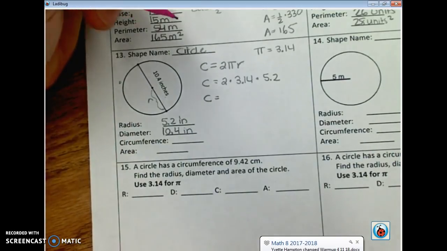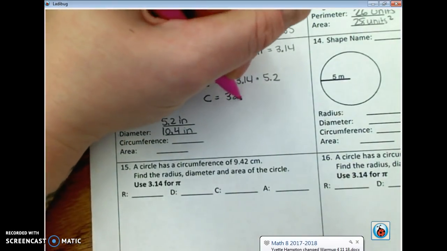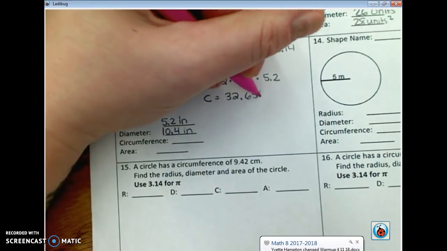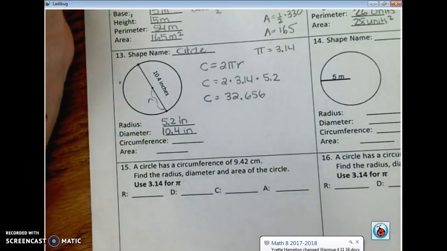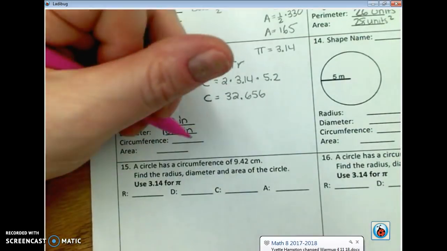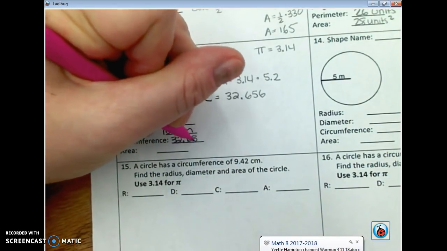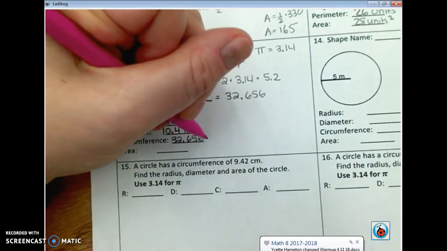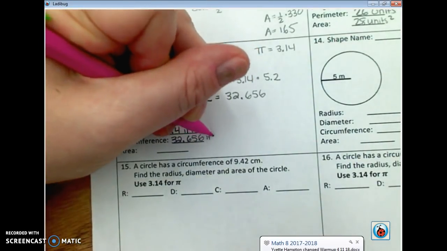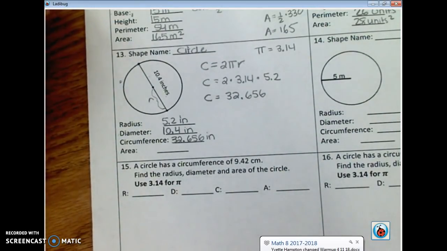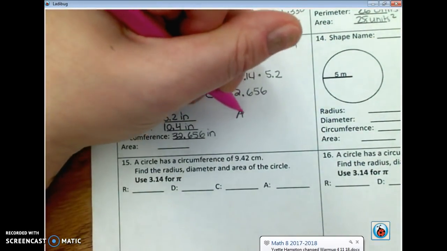When I multiply those 3 numbers together, I get 32 and 656 thousandths, or 32.656. That is my circumference. That's the same as saying perimeter of a shape, except in circles we call it the circumference. So notice again, my units are just inches. Now we're going to go ahead and do the